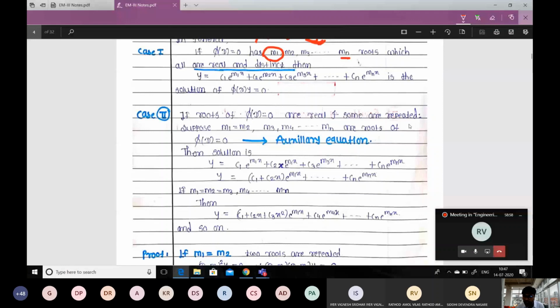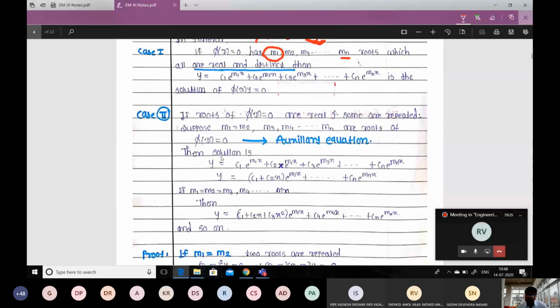In that case, what is the way of writing the solution? Is it the same as that of case number 1, or is there any change? Yes, there is a little bit of change, and that change is here. If phi of D equal to 0, the auxiliary equation, I'm calling this the auxiliary equation, then the solution is in